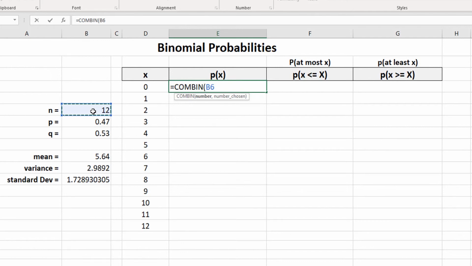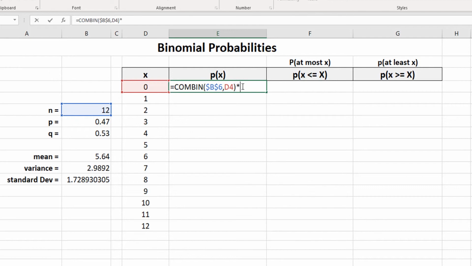And when I do that, I have to decide, do I want that cell reference to be static or dynamic? In this case, it's static because for this problem, it's going to always be 12. Keep in mind, other problems, it will be different things. So I'm going to simply type a $ sign before each one. I already went over what that means. It's a static cell reference. I don't want it to change. And then comma, the number chosen comes from the random variable. So for this particular cell, I want it to be 0. I'm going to close my parenthesis